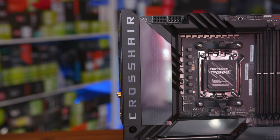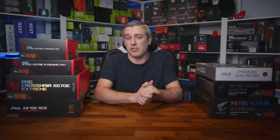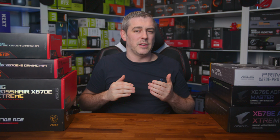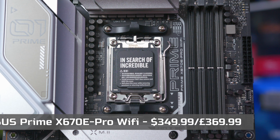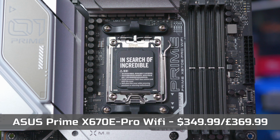Now, because they are X670E and not just the bog standard X670 chipset, they are all on the, let's say, higher end of the scale in terms of features and who they're aimed at, of course. And then the most important thing, price. We will go through them in price order, as some of the models are very similar from rival competitors. That should give you an insight as to what's the best one to choose for your specific needs. So kicking things off with the cheapest board we have, and that's the ASUS Prime X670E Pro Wi-Fi,